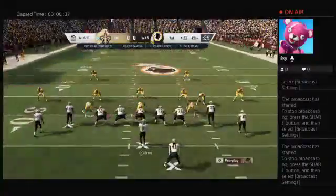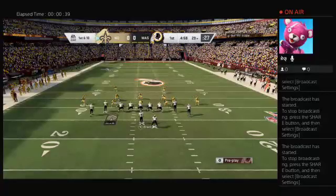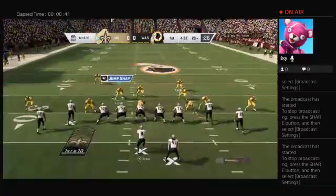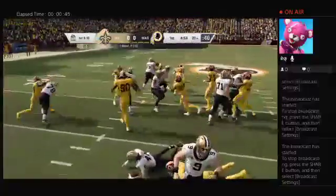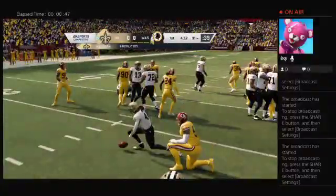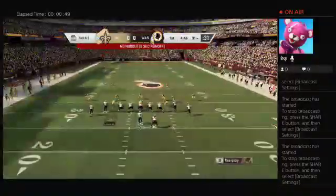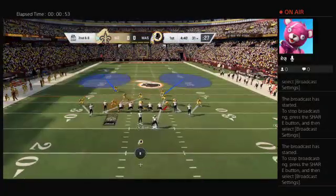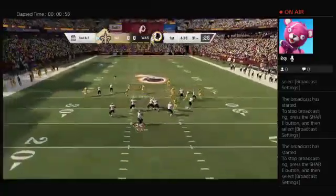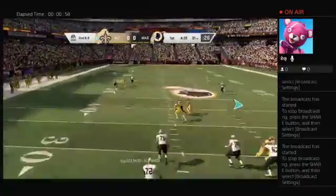Yellow waiting. Let him. We go 21. The first carry now. This is Alvin Kamara. And he works his way forward for a couple up past the 30. Yellow waiting. Not a big run on the first play of the drive, but that doesn't necessarily mean it was a bad play. Sometimes you're just trying to settle in, get your guys a little bit of contact, and get